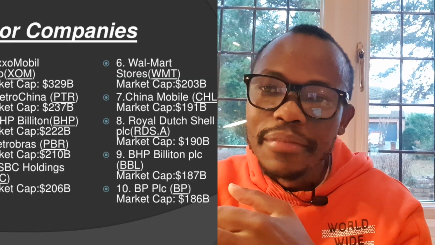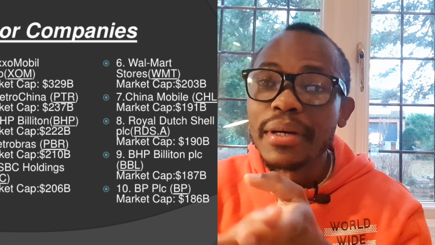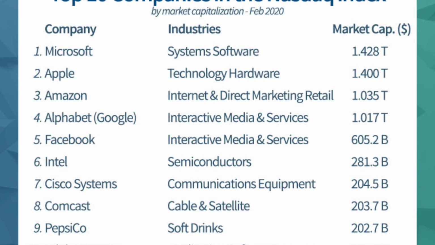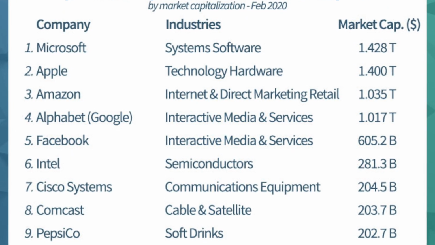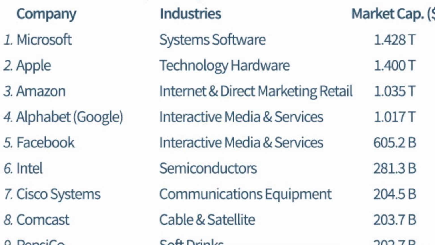The NYSE, the New York Stock Exchange, has some of the best companies like ExxonMobil, Walmart, Berkshire, which is by Warren Buffett, MasterCard, JP Morgan, Disney, and all that. And then, of course, you have those which fall under the Nasdaq, the top tech companies. We have Tesla, Amazon, Google, Apple, Netflix, and Facebook, basically some of the biggest tech companies.